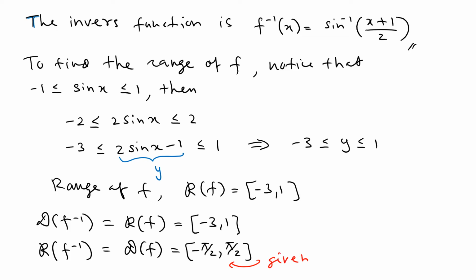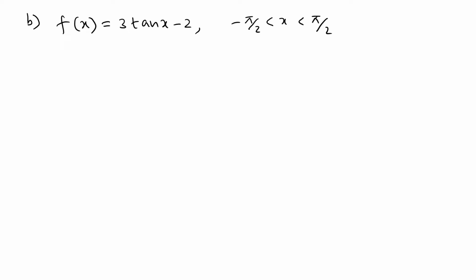This password given. Good. So that is how you solve the complete problem. So let's look at another problem like this. So as part B, we have f(x) = 3 tan x minus 2, where x is in the domain -pi/2 to +pi/2. And then if you look at the graph,